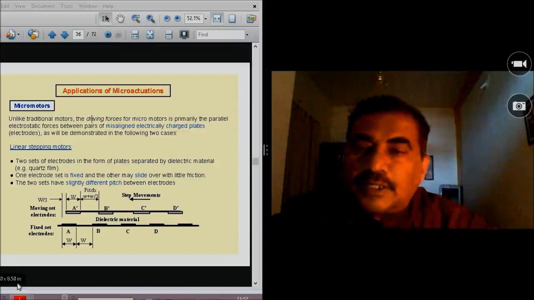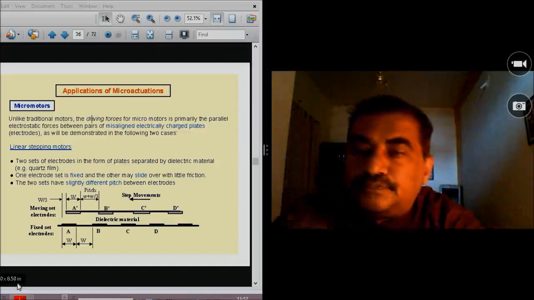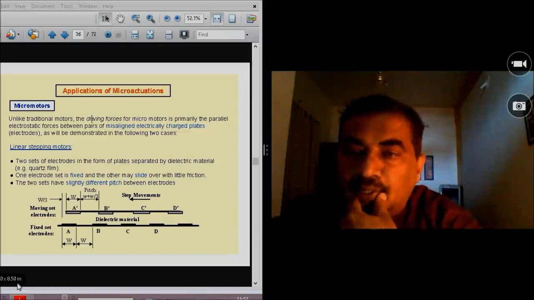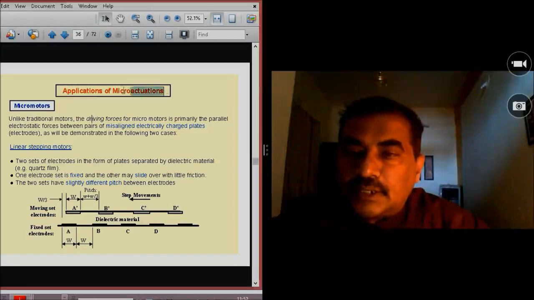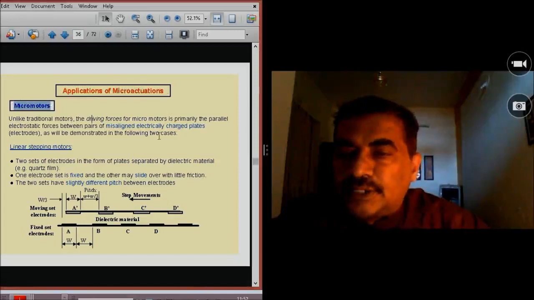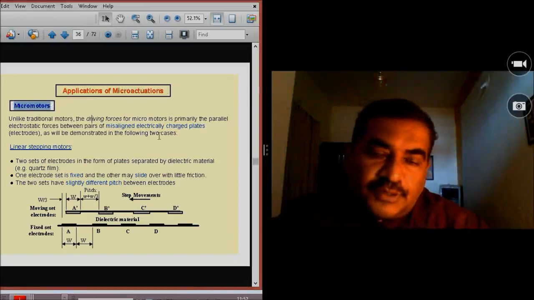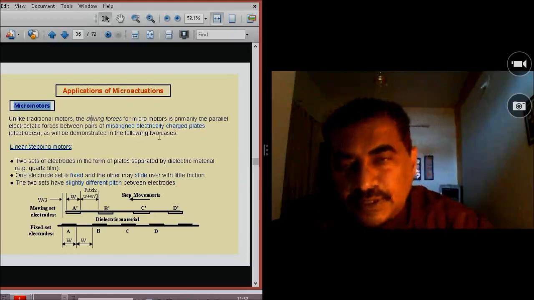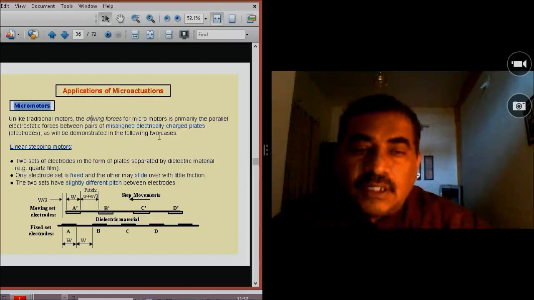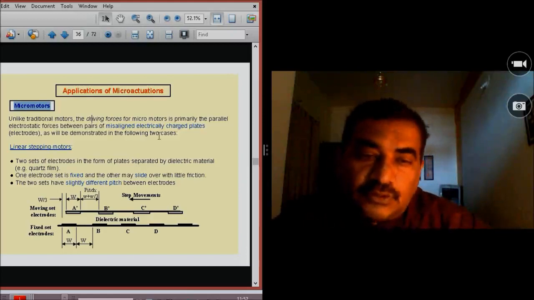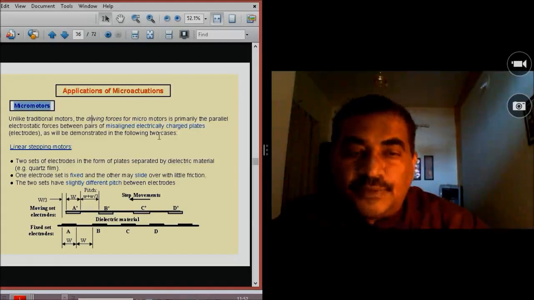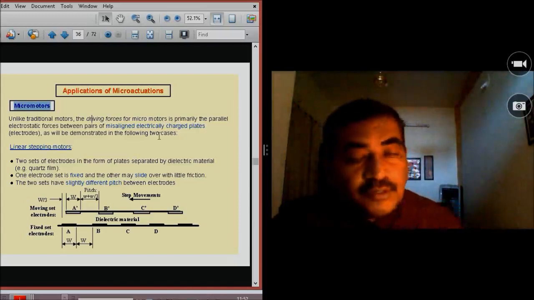Hello again. Again, we will focus on application of the micromotors. Application of the micro actuators. In that, we now study the micromotors. In micromotors, there are two types that we discuss. We will discuss the linear motors as well as rotatory motors. In linear motors, we will also use the electrostatic force, and in rotatory motors, also we will use the electrostatic